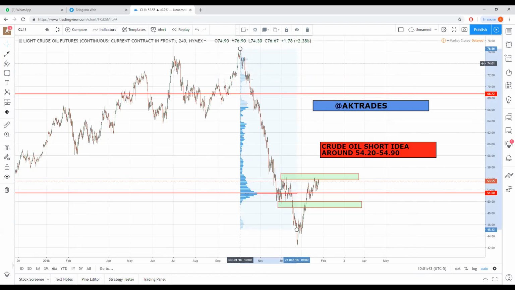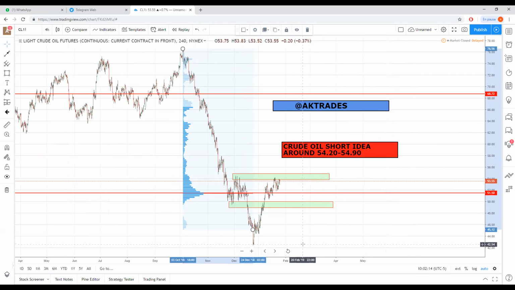We can see that in this whole big down move, after this down move initiated, sellers added positions to these shorts around these levels, from this range of 51.50 to $54. So in this big down move, sellers accumulated positions here and drove the price even lower. Oil has had a return in this last month, which has indicated